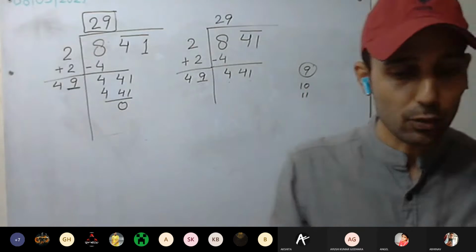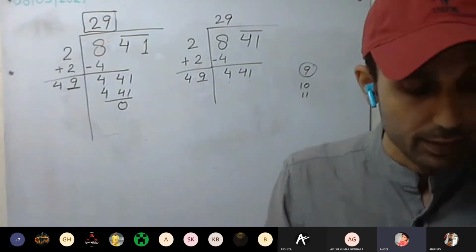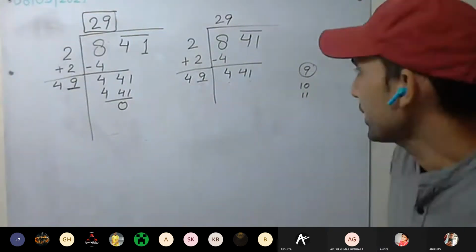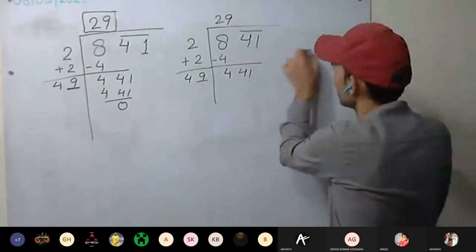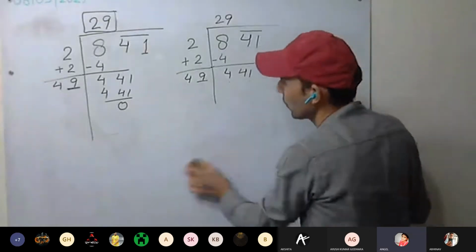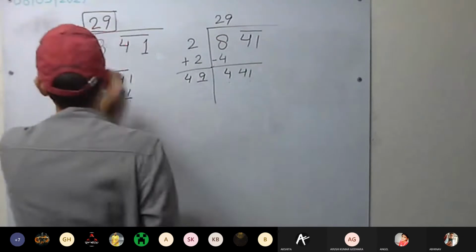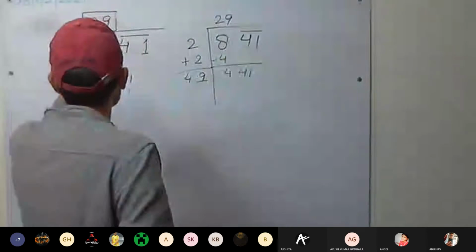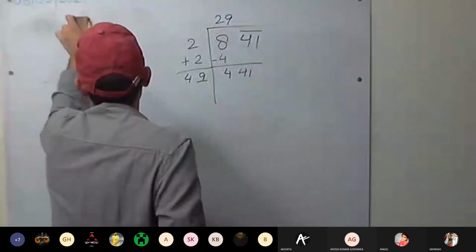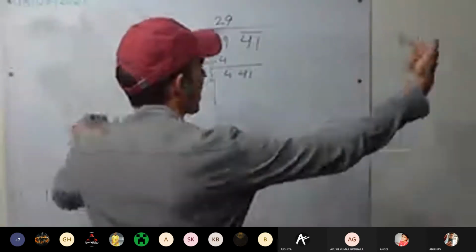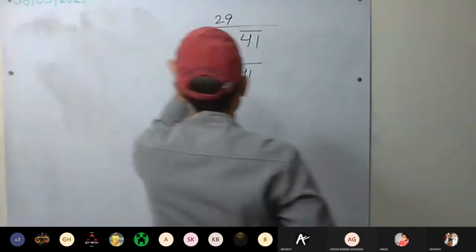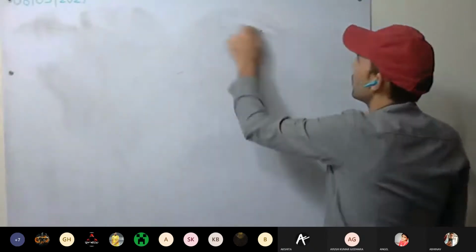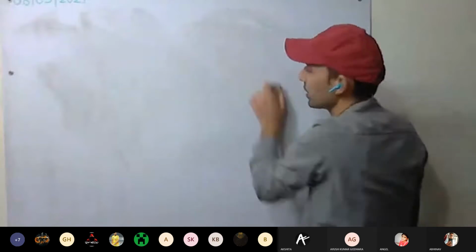Okay, this is clear. Now 2304. First you try to do it for a minute, try a little bit, then we'll do it. 2304. So start the pairing from this side. We'll do the pairing from the left hand side.